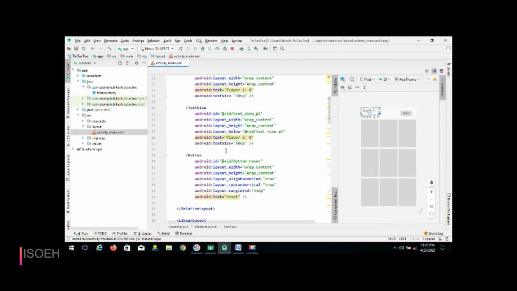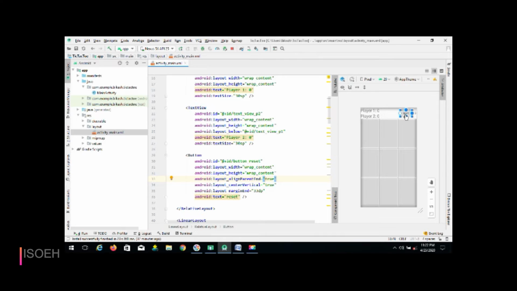the declaration of ID, height, width and text size, you have to create a button to reset your points. Here also you have to create the ID and set height, width and align parent end, which is basically used to move your button to the end corner.